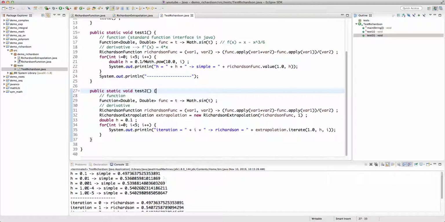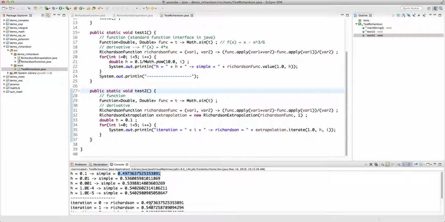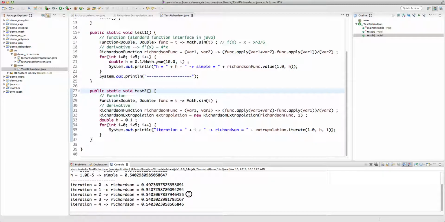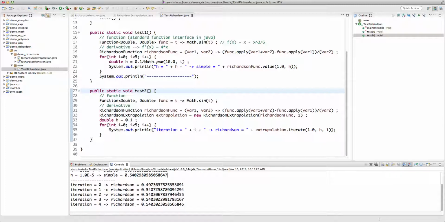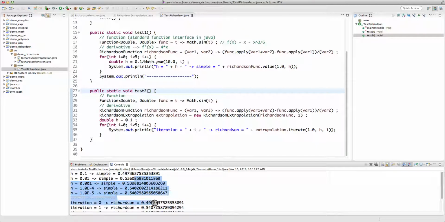So in the Richardson, the first term is the same. The second one is 0.54, we get 0.536, so we get a better approximation. And then we get 0.5398, and it basically gives us a very accurate result. And remember, although the results of the simple approximation seem to look accurate, this comparison is not